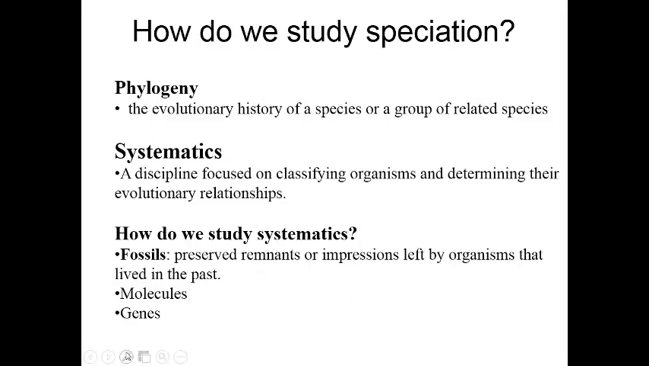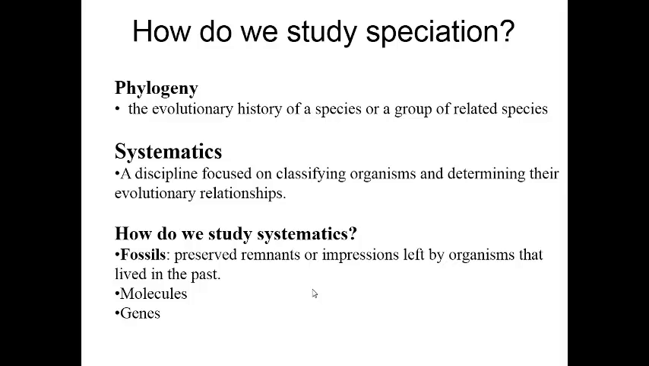Welcome to AP Biology. This video is on systematics. Systematics is a discipline that focuses on classifying organisms and determining their evolutionary relationships. The goal of systematics is to create a phylogeny, which is the evolutionary history of a species or a group of related species. Through systematics, we are going to create a phylogenetic tree, a diagram that shows evolutionary relationships between